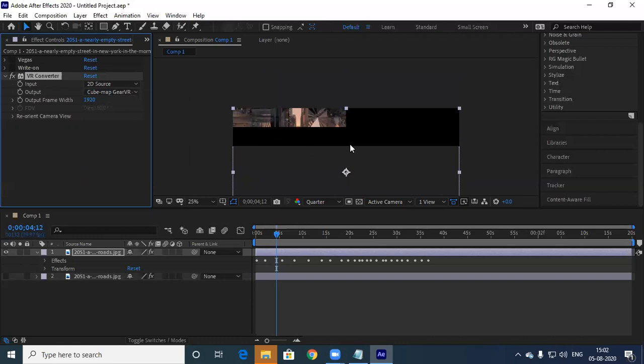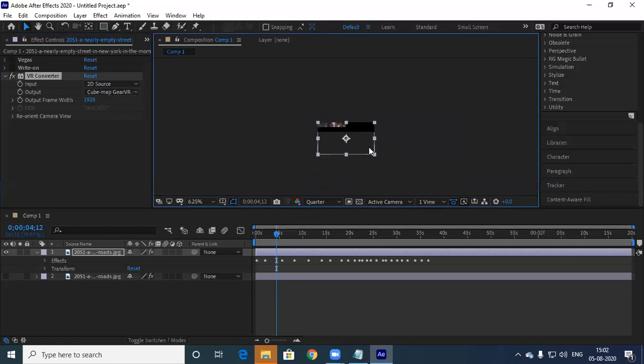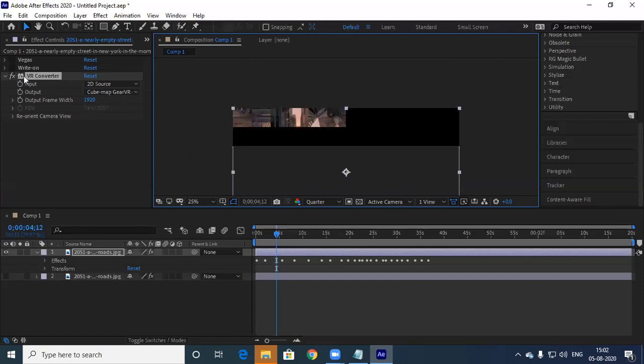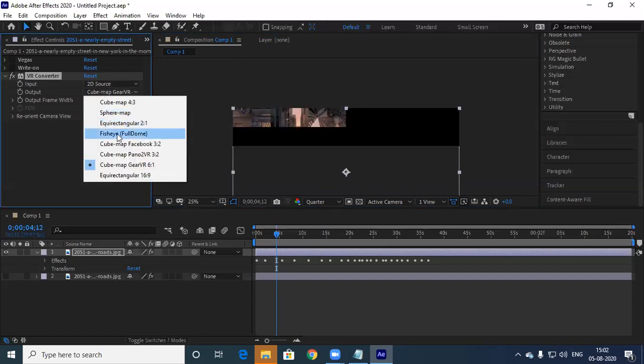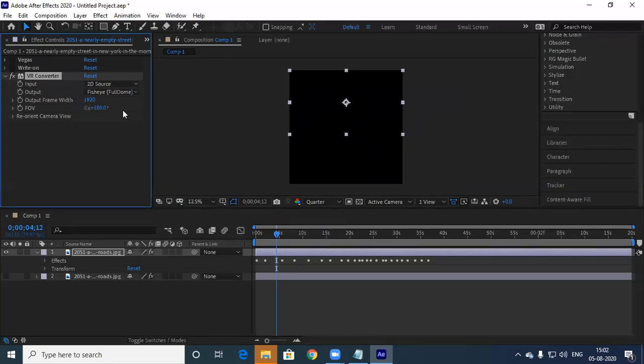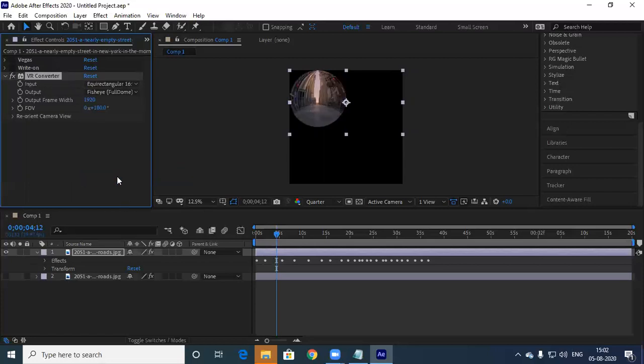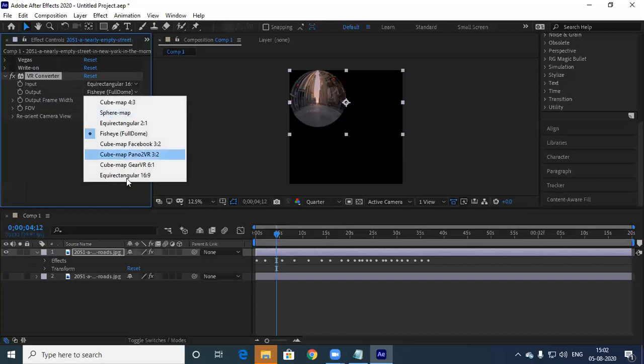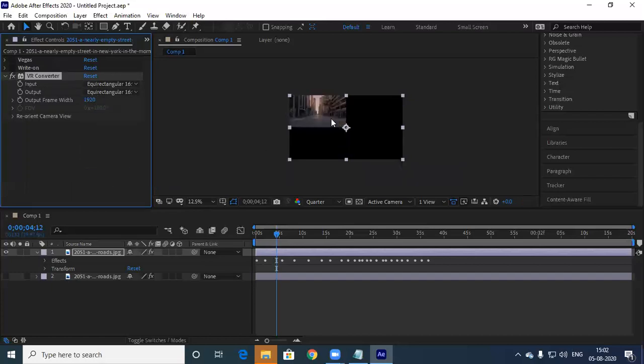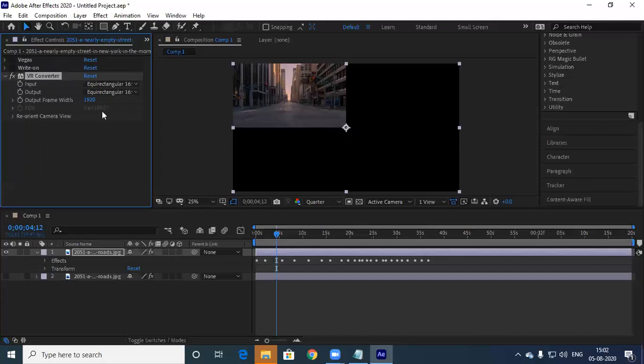For that, it will choose. So fisheye, full dome, you get. Rectangular. So basically, it goes with the left eye and right eye. Let's see.